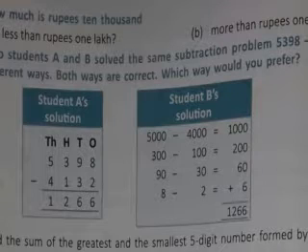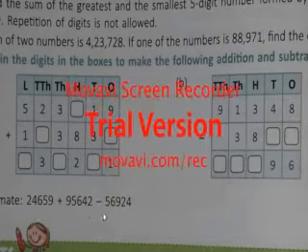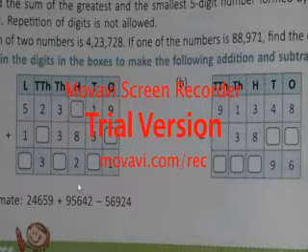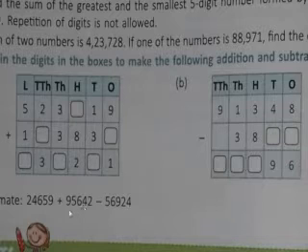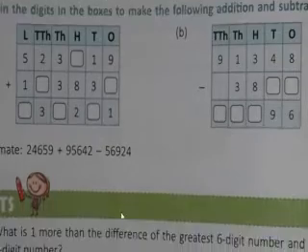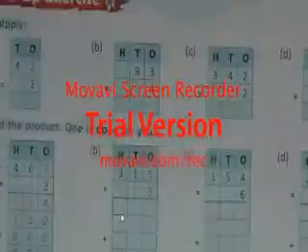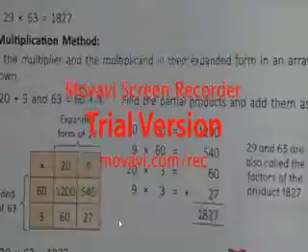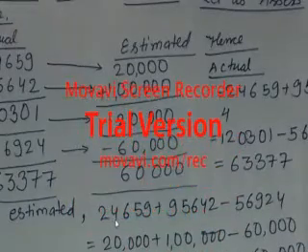Here it is estimate, okay, estimate. Then I had already said, whenever it says estimate, we have to estimate up to its highest place value, and if you see here, the highest place value is 10,000. So I had estimated it to its nearest 10,000. So if you see my solution, I had estimated to the nearest 10,000, and I had given the estimated sum and also the actual solution.